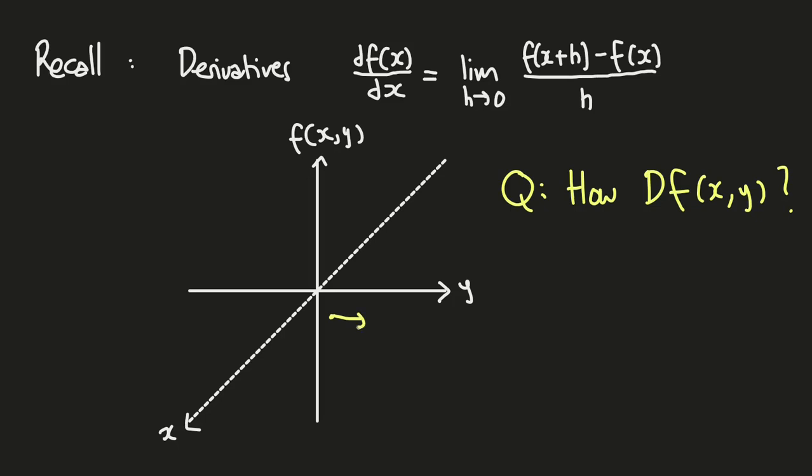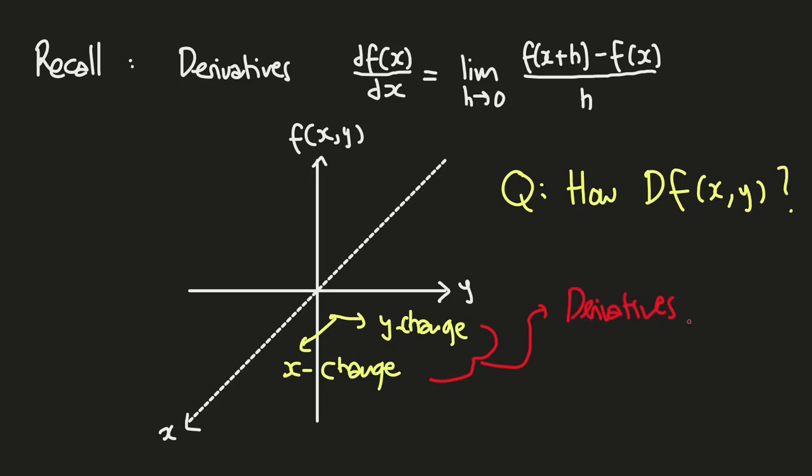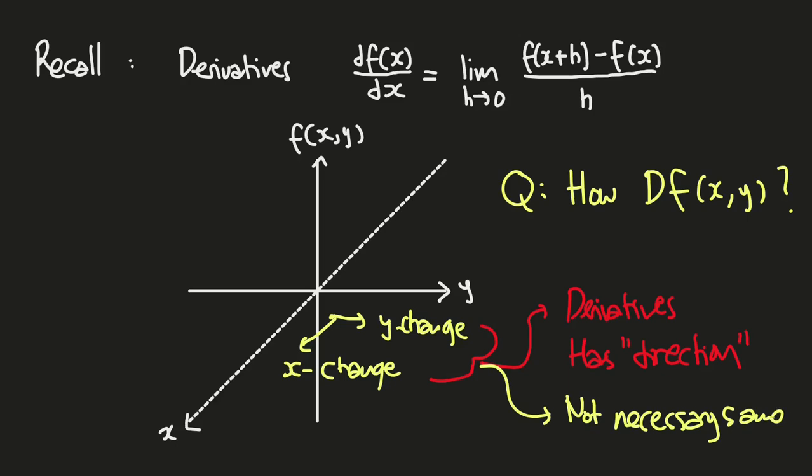As we know, in one variable the derivative tells you about the y rate of change or x rate of change for only one variable. This means that the derivative in multivariable has something like direction, and it is not necessarily the same for every variable, or in this illustration, for both axes of direction.